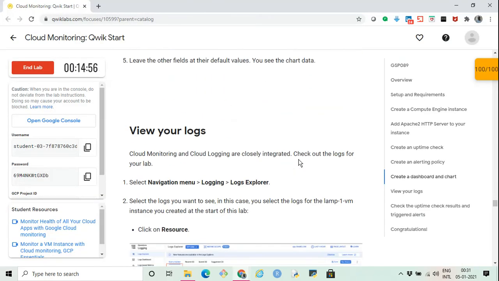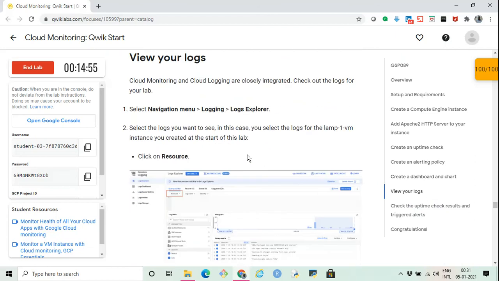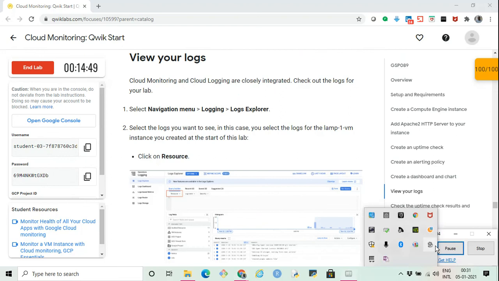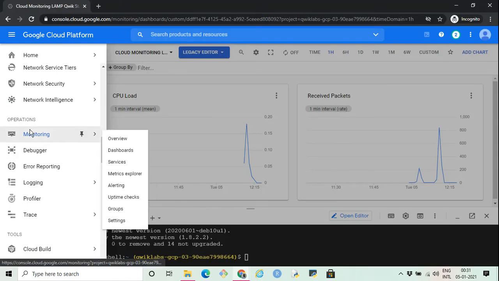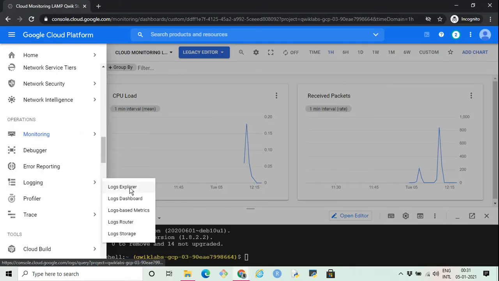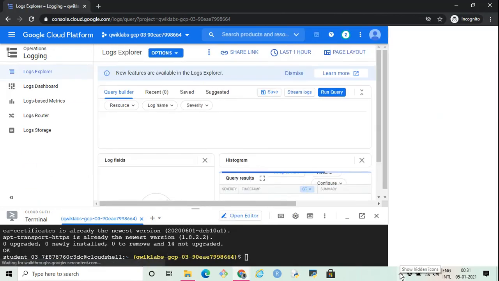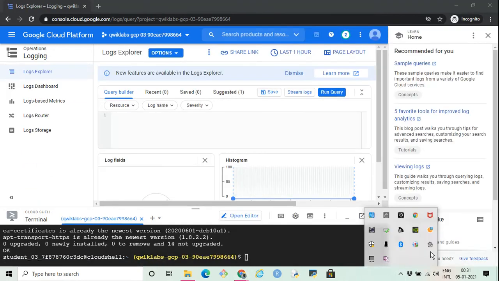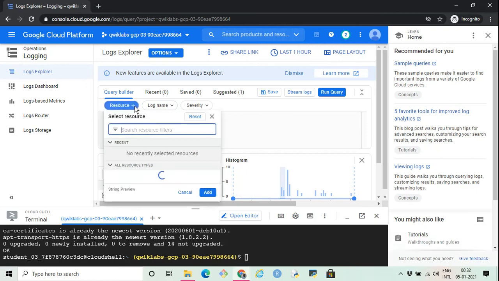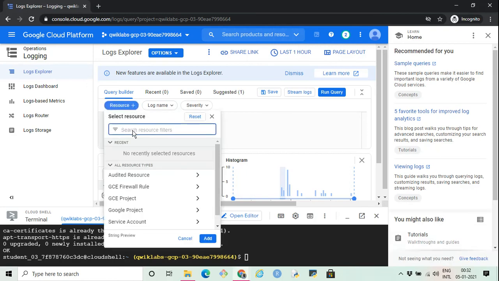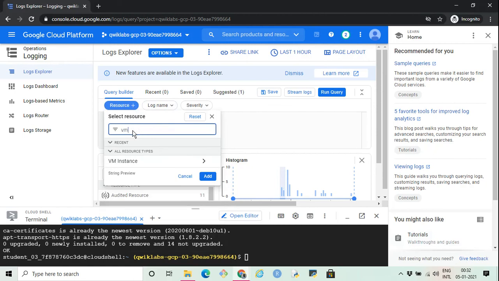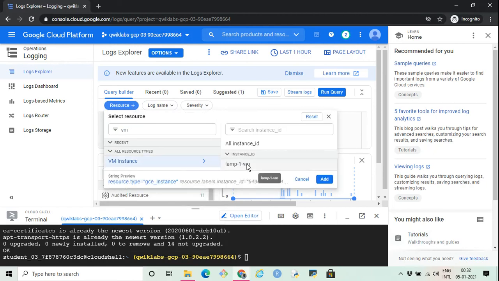So next what we can do is we can quickly go and check the logs if we want to. Let's quickly do this. So under operations, we have logging and we go to Log Explorer. Let it open. Let us select the resource. In this case, the resource is a virtual machine, VM instance. This is the VM instance that we created. Add it,